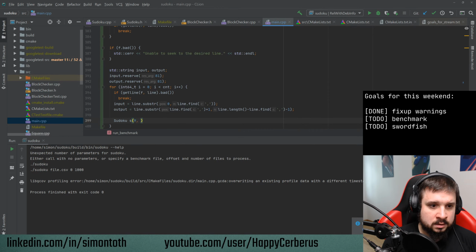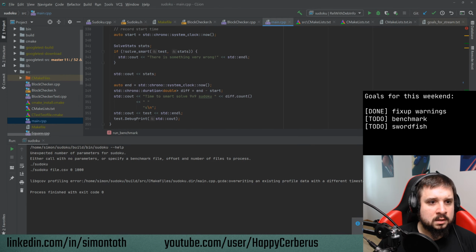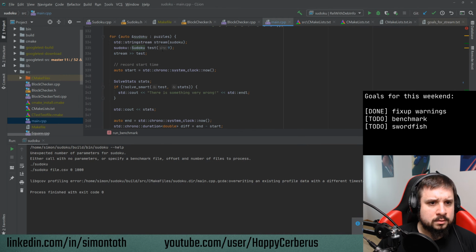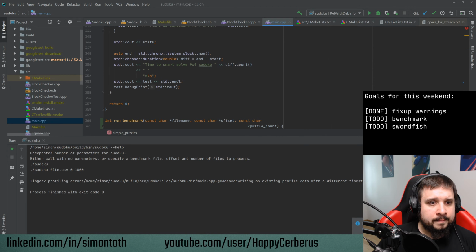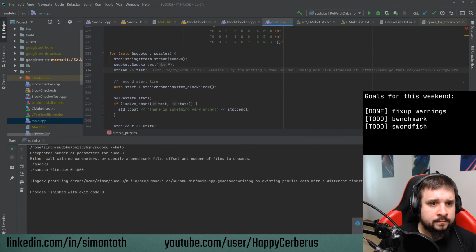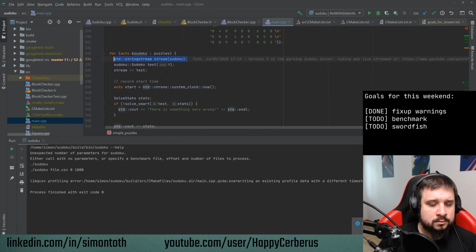of size 9, that basic. How am I using it? Yes, Sudoku size. Okay, that should be fine. Now I need to make a string stream out of this. Then actually,